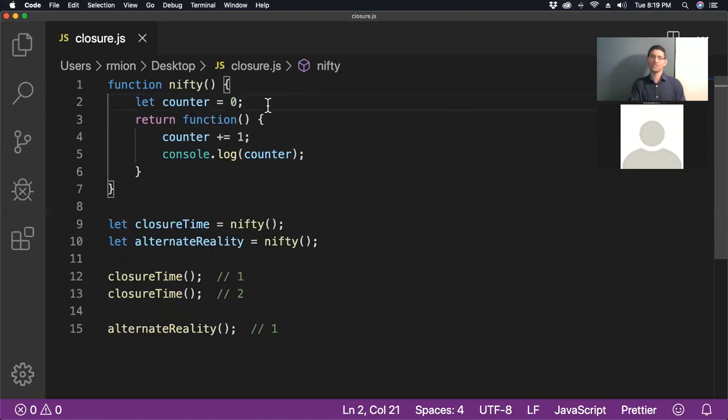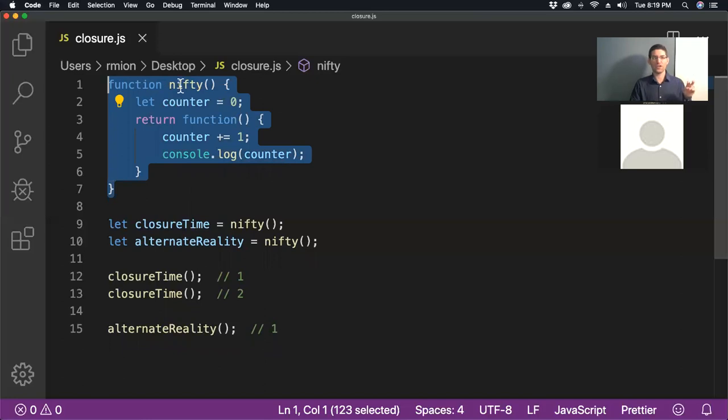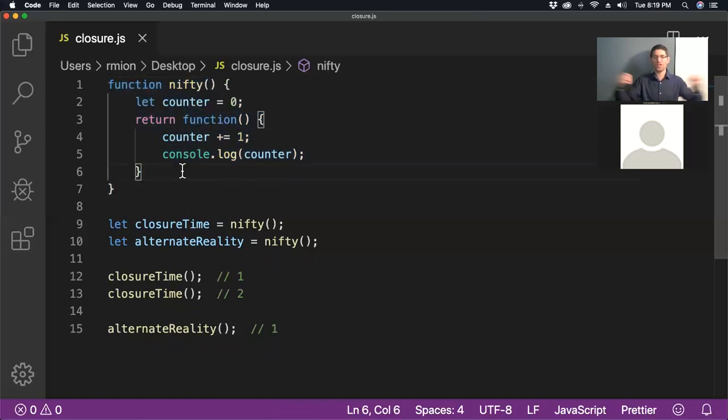yeah. So that was quick. That was short. Hopefully, no more about closure. It more or less happens everywhere. So any framework you're using, you're probably dealing with closure, higher order functions, which are functions being returned. So Nifty is a higher order function because it returns a function. And whenever you're returning a function from another function, you're likely taking advantage of closure.